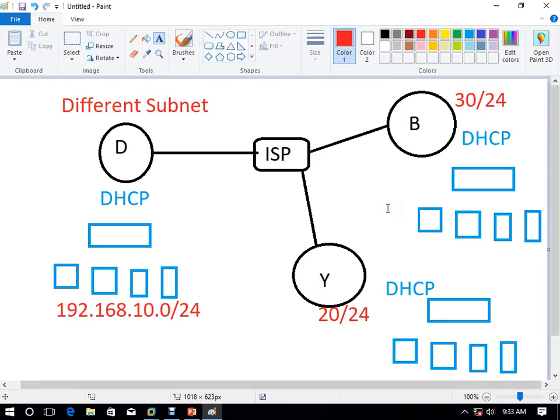What is important now is that your company doesn't want a separate DHCP server. If these are my branches and they are connected with me with the help of the ISP, no problem. The client will send the request to this server, and this server will forward the IP request to the main server. The main server will give the IP to this server, and this server will provide it to the client. You don't need a separate DHCP server configured in your branch location.